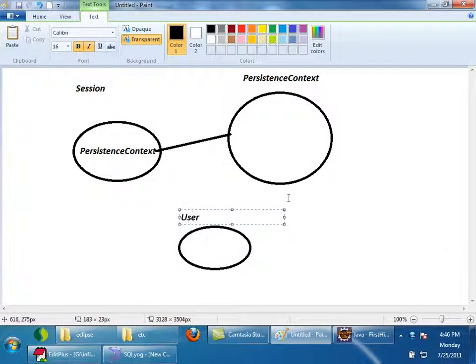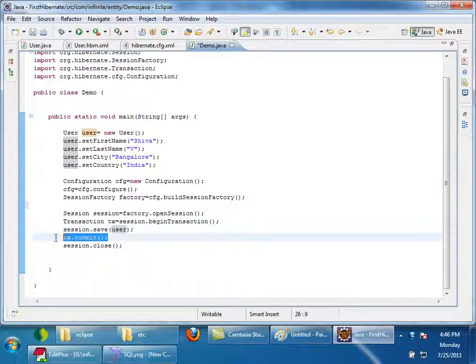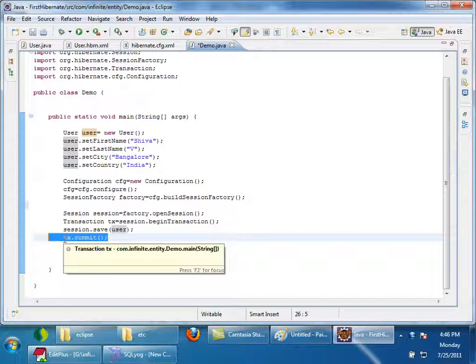This is the user object. The reference of user is given to persistence context. Once I say session.save, the user reference is given to persistence context, and the query is not fired immediately. Query will be fired only once you say transaction.commit. Once you say session.save, the reference of user is given to persistence context, and also the insert query will